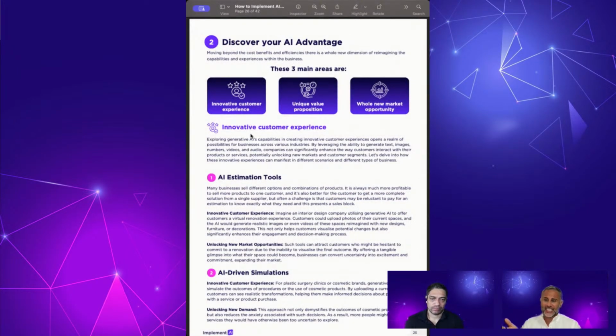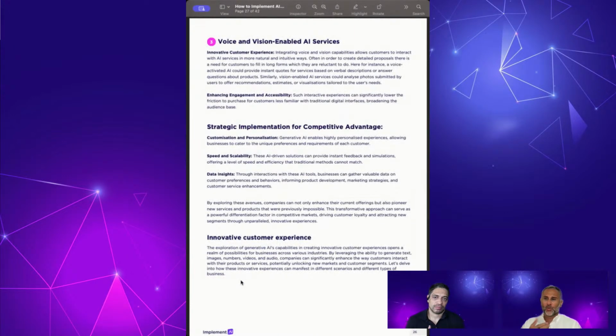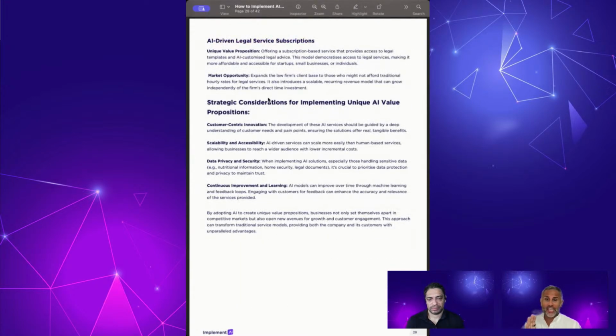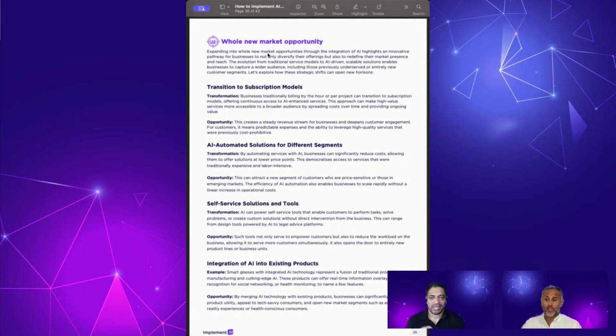And we give different ideas of how you can use the AI to create estimation tools. So for example, an interior design company, it would help them provide a whole new visualization of what their place could look like with realistic images in the space and help them order or purchase more. Or the simulation experiences, or there's other ones with voice and vision. So the whole point here is that you want to think about how you can actually create some kind of unique advantage or unique solution for your customers, even AI-driven legal service subscriptions or whole new